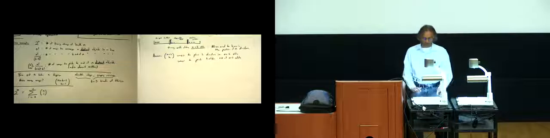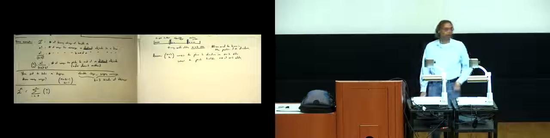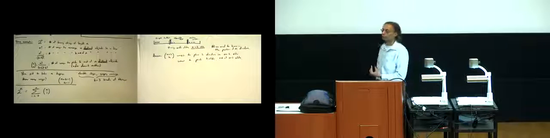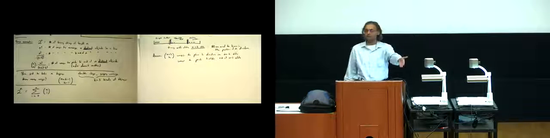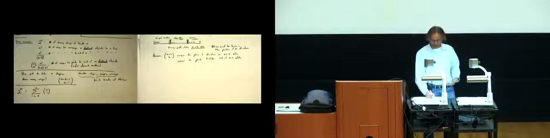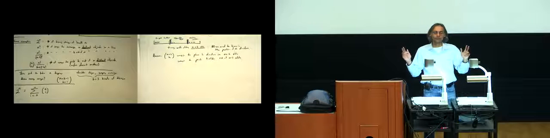So, prove this. How do you prove this? The way you prove this is you say, can I come up with 2 different ways of counting the same thing, such that one of those ways of counting will give me 2 to the n, and the other way of counting will give me this. If I can have 2 different ways of counting the same thing, the counts have to agree. If I can simply come up with 2 stories of how to count the same thing, I'm done, as long as I can get them to agree.